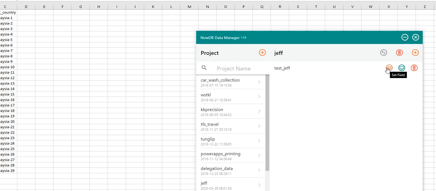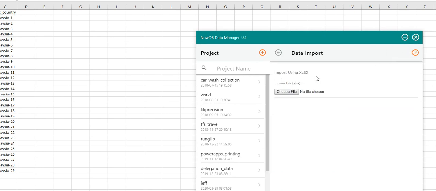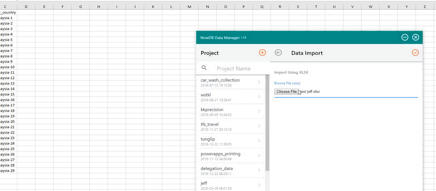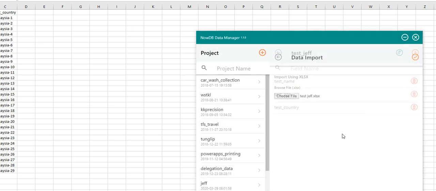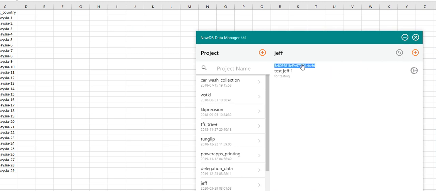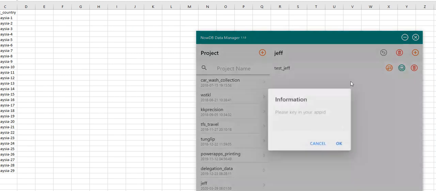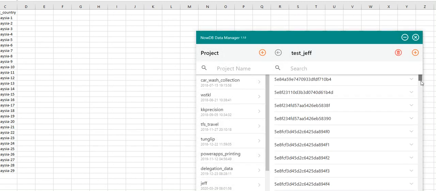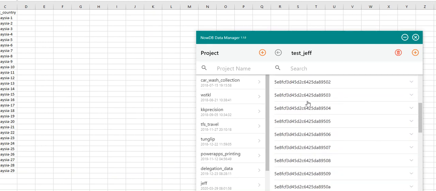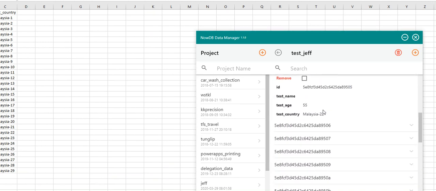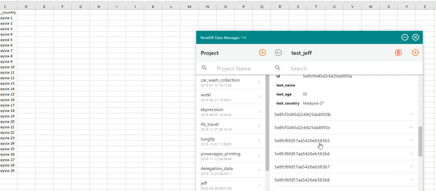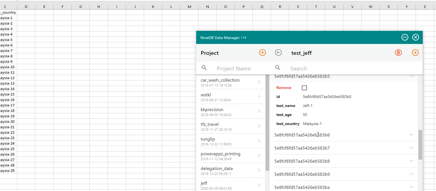Let's come here again and use this icon to click for update. Let's update another 30 sets of data. All right, done. Have a look here. This is the data. This is the app ID. I'm sure now you have more data here. It's the last one here. Yes, Jeff. So just now I had data, but it was empty, right? You can see it's empty here, and now you started to have some data here. Let me check for you.